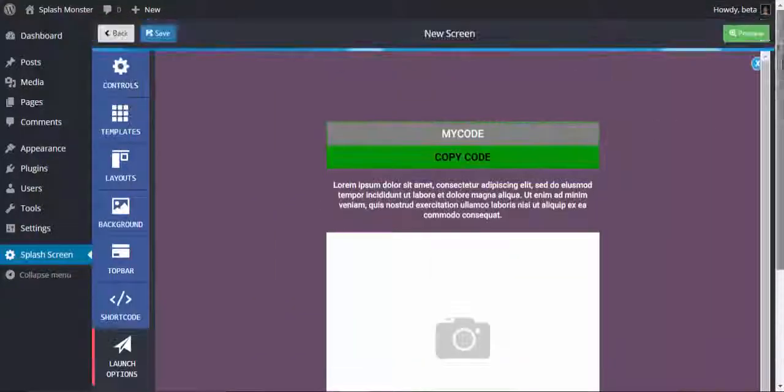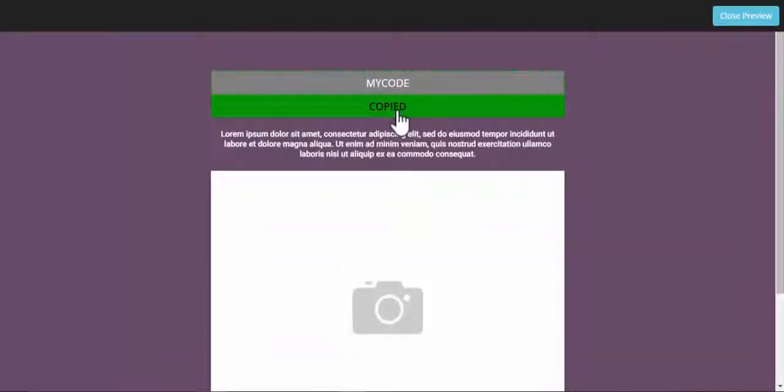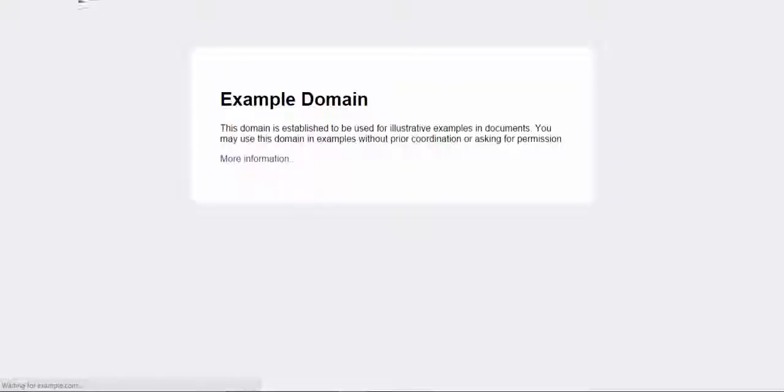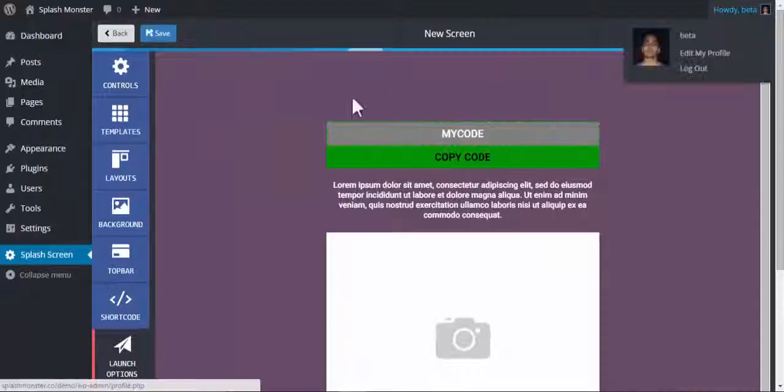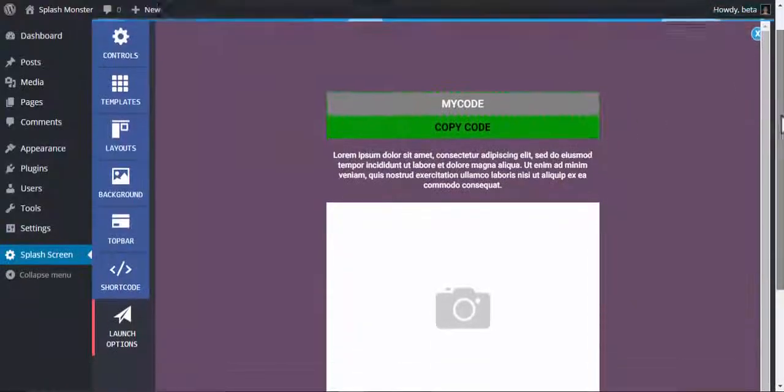Here we go. Now when someone clicks on copy code, it opens a new tab with your link, and also it copies this coupon code to your clipboard. Next we have